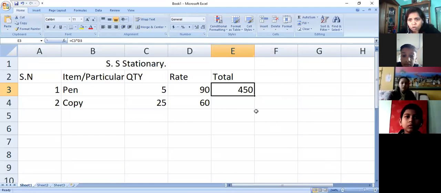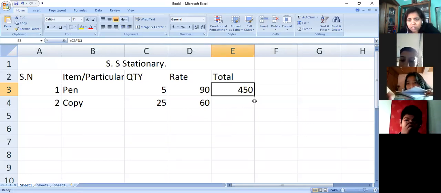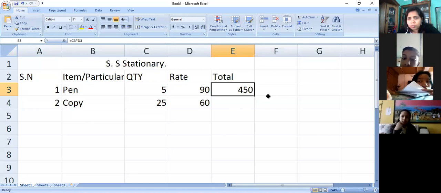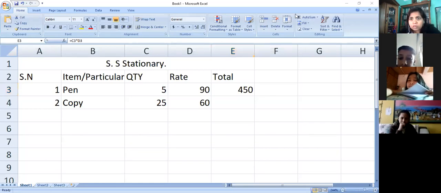Just focus on my mouse pointer, okay? It is a white color, thicker plus sign over here, isn't it? When I move it near the selected cell, at the bottom right corner of the cell, then it automatically turns to black color. Now, when I remove my cursor from there, can you see a small square box over there?